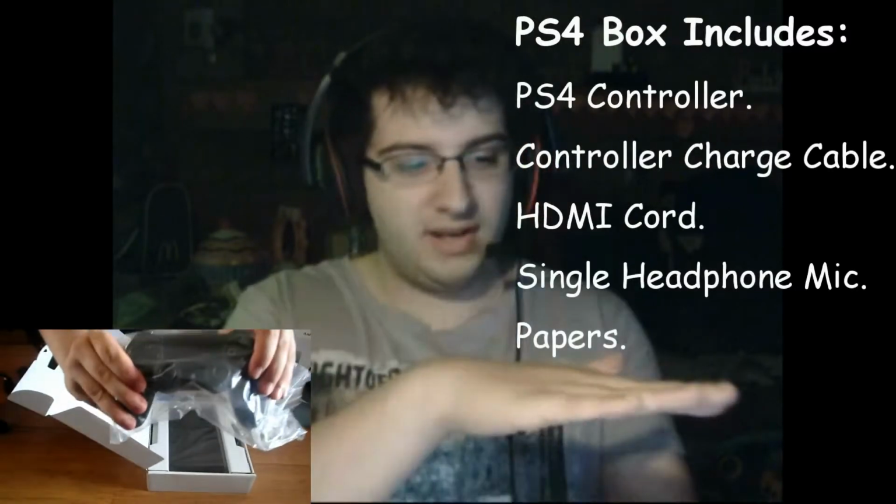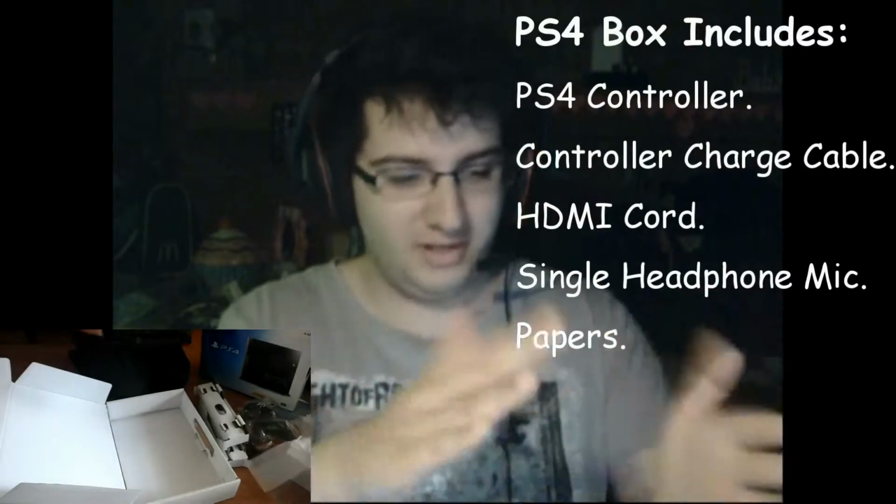Where to start with the PlayStation 4? Oh, so much to talk about. Let's talk about the actual console itself. The console is actually a very sleek design, very futuristic for this day and age. It's sort of on an angle like that. I don't know what that shape's called, but it's a really awesome shape. It looks good. I actually put it on top of my cabinet because I just want to show it off,